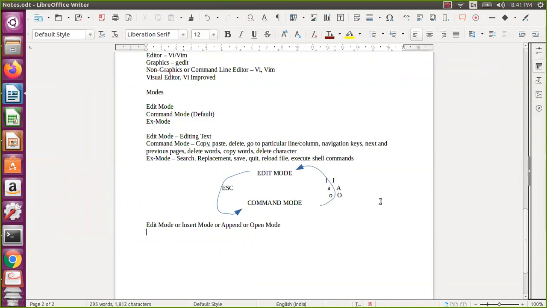We will see what operations they do. And command mode is also called escape mode. So whenever somebody says escape mode, don't get confused. These are the other names.